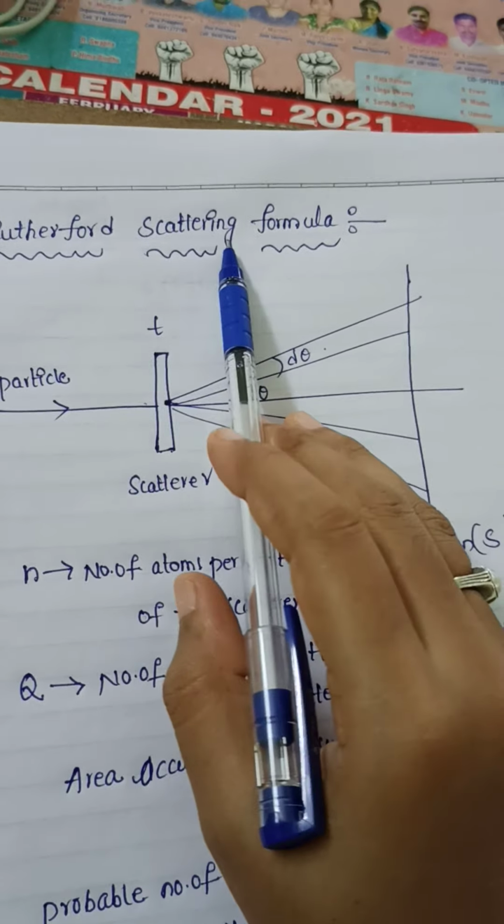Next, I would like to consider the total probability of alpha particles coming with a distance of p. Here, in this direction the alpha particles are coming. Not only in this direction, there is a whole beam of alpha particles that comes and strikes the scatterer. So the probability of the number of alpha particles coming with a distance of p from the nucleus is pi p square n t q.